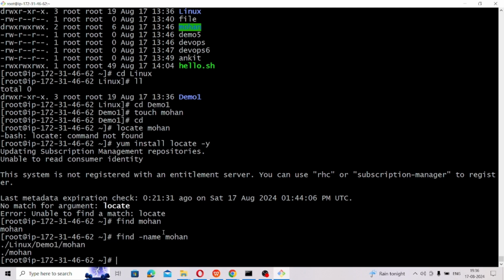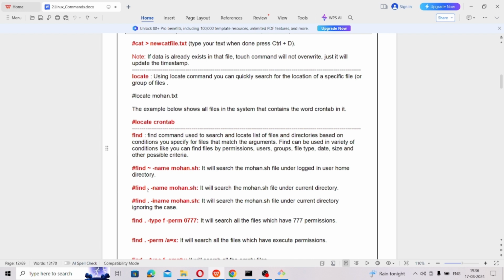So it will show. And if you want to search in a particular directory, for example under the current directory, then you can give dot. If you want to search in the home directory, then you can use this tilde symbol. If you want to search in the current directory ignoring the case, for example if it contains a different name, then you can use,